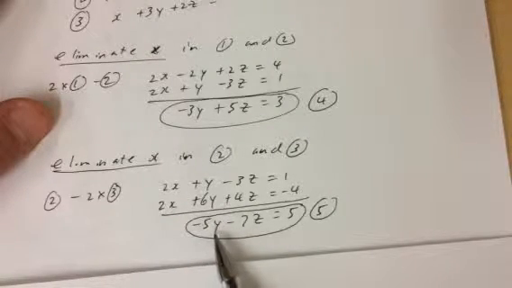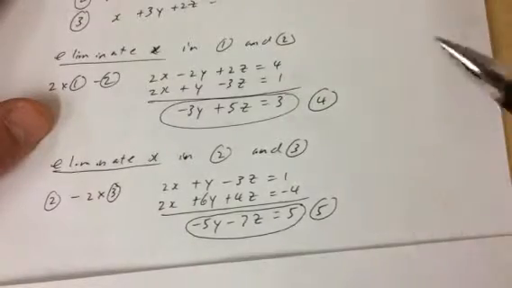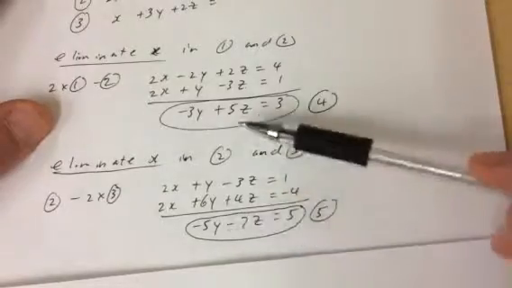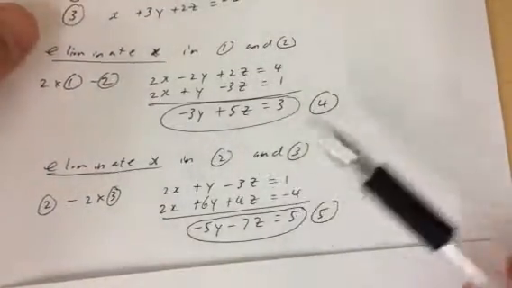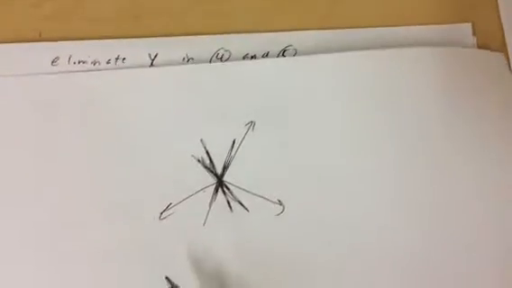Now I've got another equation with just y and z in it, and I'm going to call that equation 5. So now I have equations 4 and 5, two equations, two unknowns of y and z. Now I can just use what we did in grade 10 to find y or z. Okay? So I'm going to now use 4 and 5 to eliminate